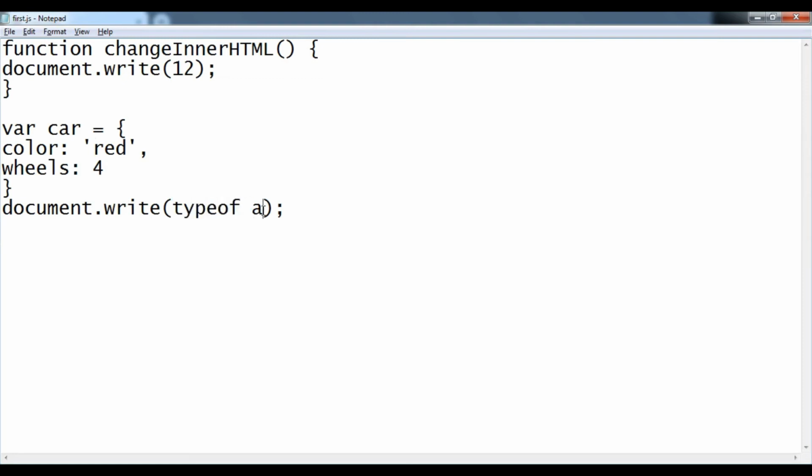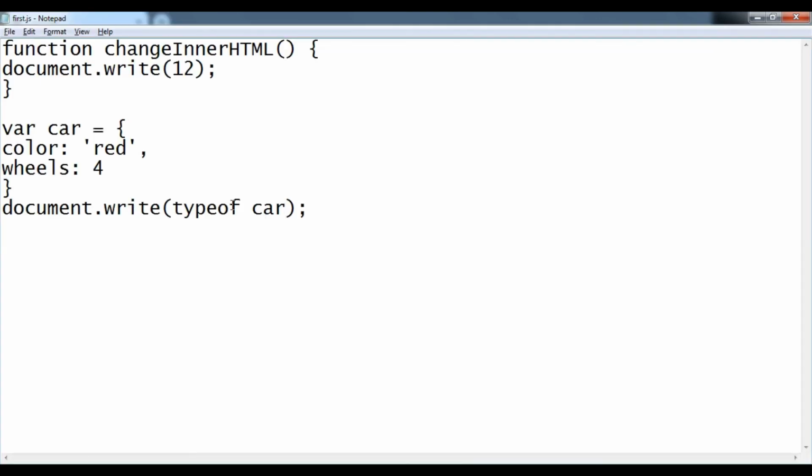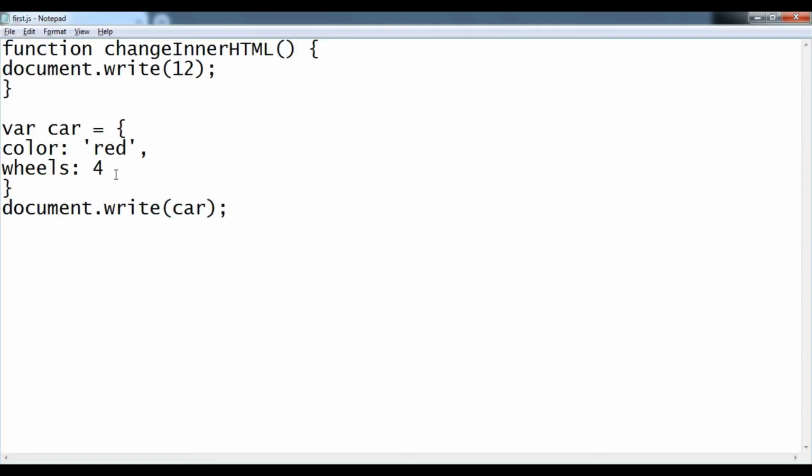First let me remove this type of, and let me show you the value of it. It's showing object because document.write is only able to print strings. If you want to see our object as a string, there is one method, JSON.stringify, and you will be able to see the object in string form.